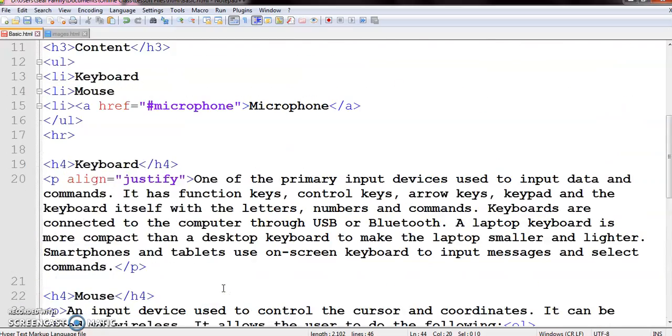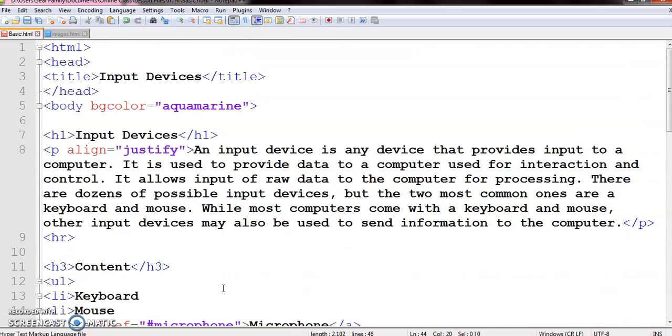Now instead of using the name attribute of the anchor tag and enclosing the content inside it, I am using the ID attribute of the element to which my jumping will take place.